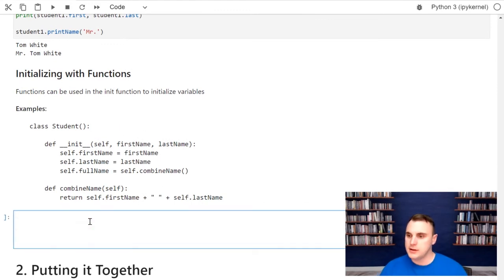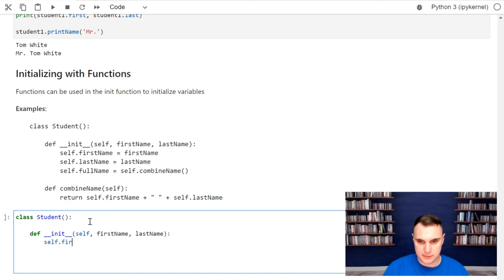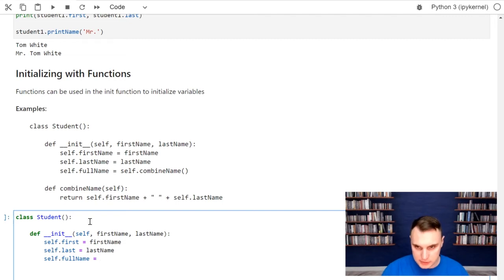So now let's talk about how we use functions actually within the initialization function. So we still have our class called student, and we have our initialization function. We're going to be passing in self. We're going to be looking for the person's first name and the last name, just like before. We're going to be setting self.first to be equal to first name, self.last to be equal to last name. Okay, and then I want something like self.full name to be equal to